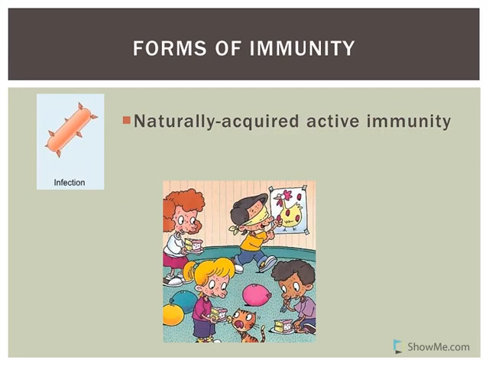So the first one is naturally acquired active immunity. Here it's because of an infection. This picture is showing what actually does exist, a chickenpox party. And I didn't know that they were called chickenpox parties, but my mom actually technically had a chickenpox party, but she didn't invite other kids. What she did is she invited all her kids